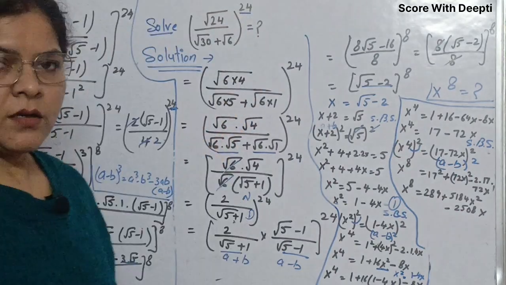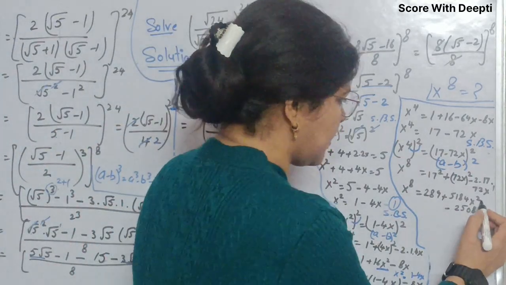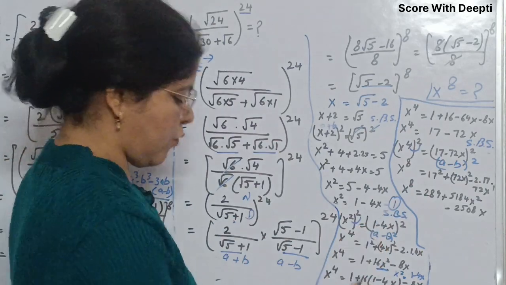Now our next step, next here in place of x square we put the value of 1 minus 4x,